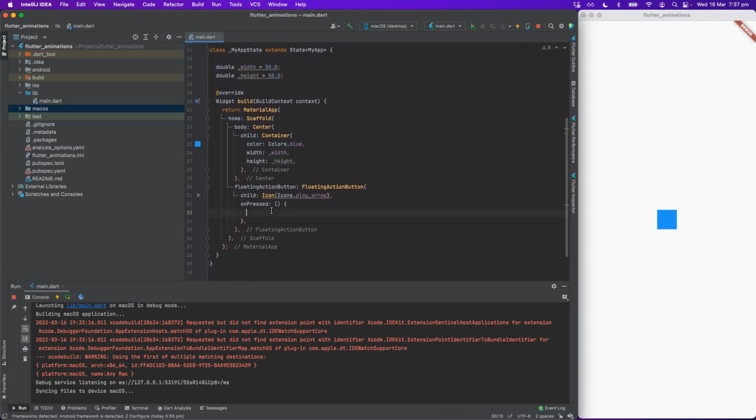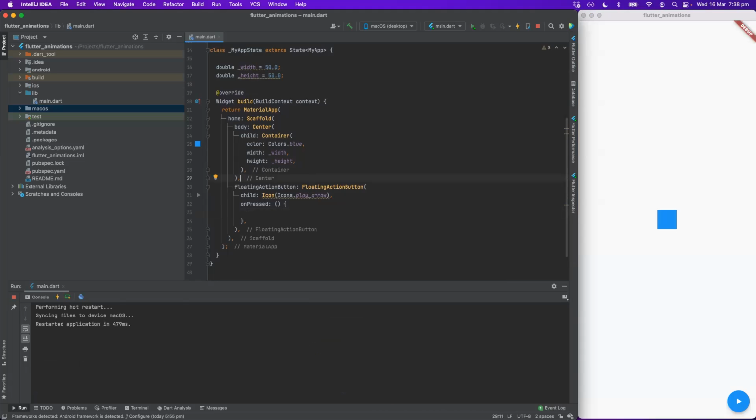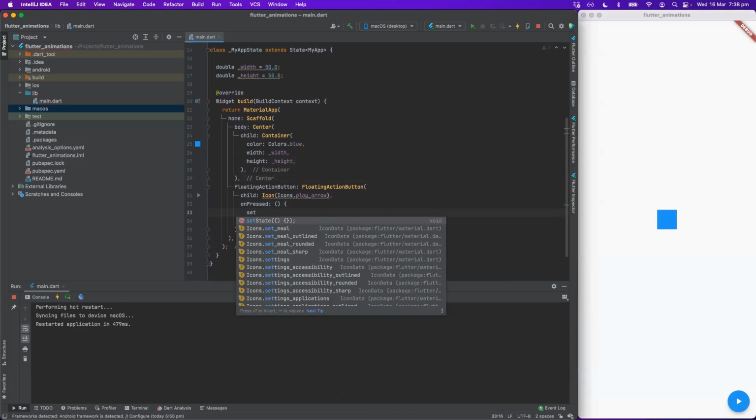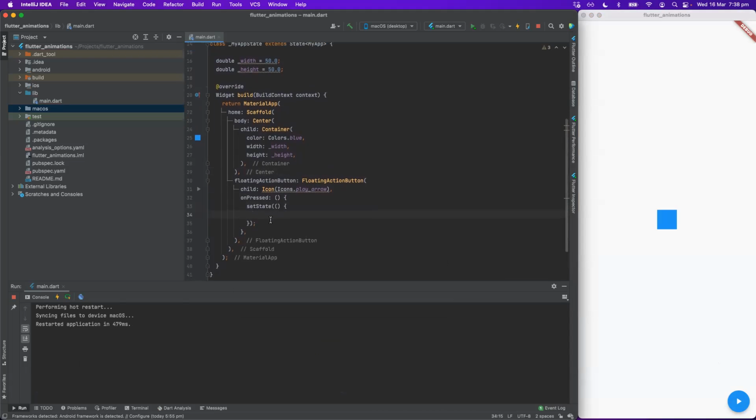Now if we want to modify them by clicking on the button, I can show that. I hot reloaded, and sorry, I should hot restart because I changed the type. You can see now I have this simple button that I can click. It doesn't do anything because I didn't declare anything in onPressed. But now I'm going to say that I want to set a new state for that widget.